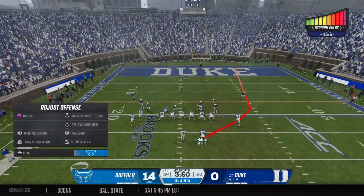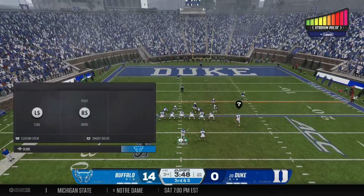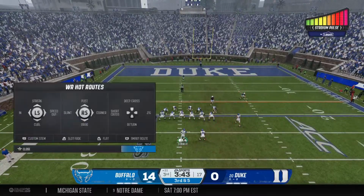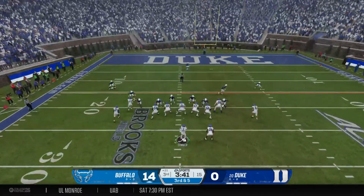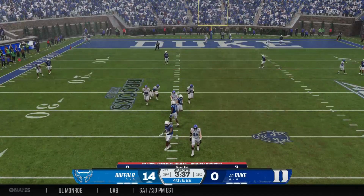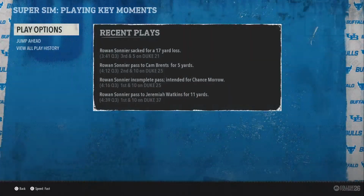They did a really good job that time of leveraging him out in space. I thought he might have a chance to be able to shake loose because he is so elusive. But the defense, as you said, did a really good job in the open field surrounding him. Just nowhere for him to go to pick up any more. Doesn't get rid of the ball. Trapped for a huge...